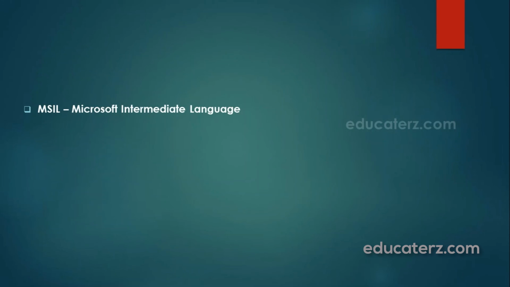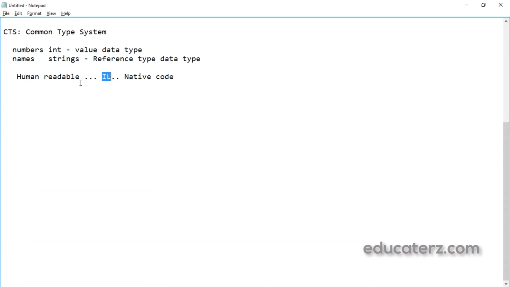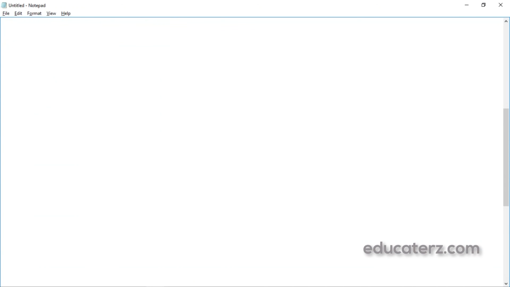Next thing, Microsoft Intermediate Language. MSIL stands for Microsoft Intermediate Language. So let us see some more about it.